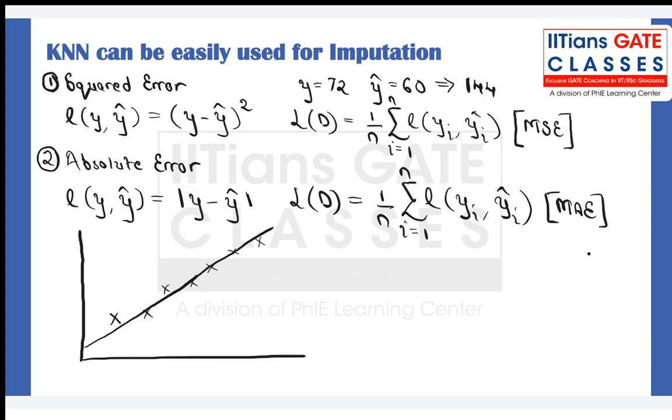Now tell me one very basic question I have. y equal to x square. Is this function a linear function or an exponential function? It's an exponential function, right? If the difference between the true value and the predicted value is huge, let's say